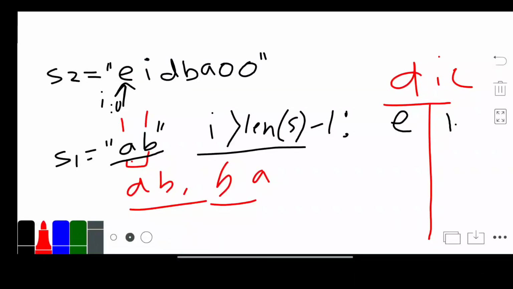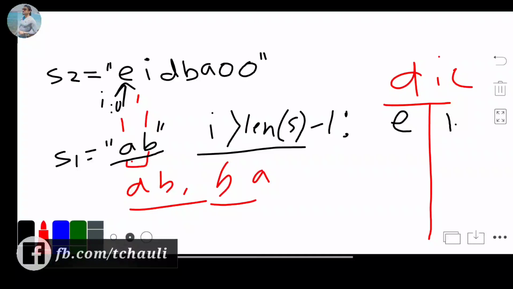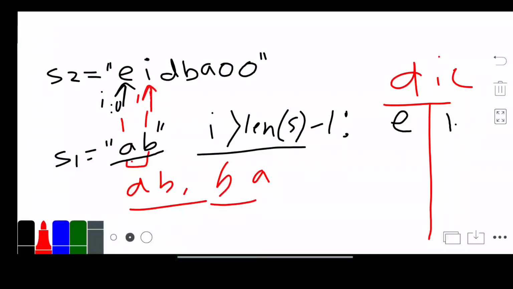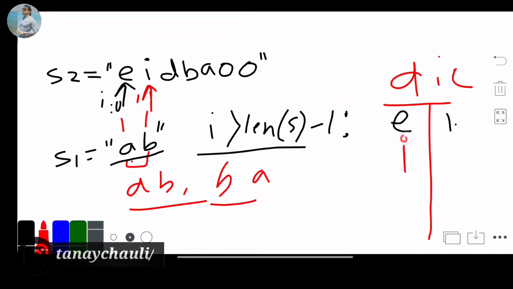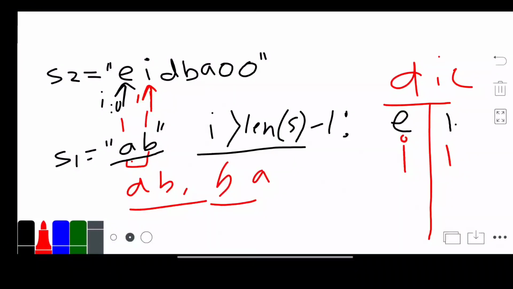Okay, our i is not greater than len(s1) minus 1. Now we will check if the dictionary value is equal to s1's permutation. No, it is not, so we will move to the next element. Now i is 1. We check i is not in the dictionary, so we assign it 1. i is not greater than len(s1) minus 1, so we will not reduce any value from the dictionary. Now we check if it equals the s1 permutation. No, it is not, so we will move to the next element.